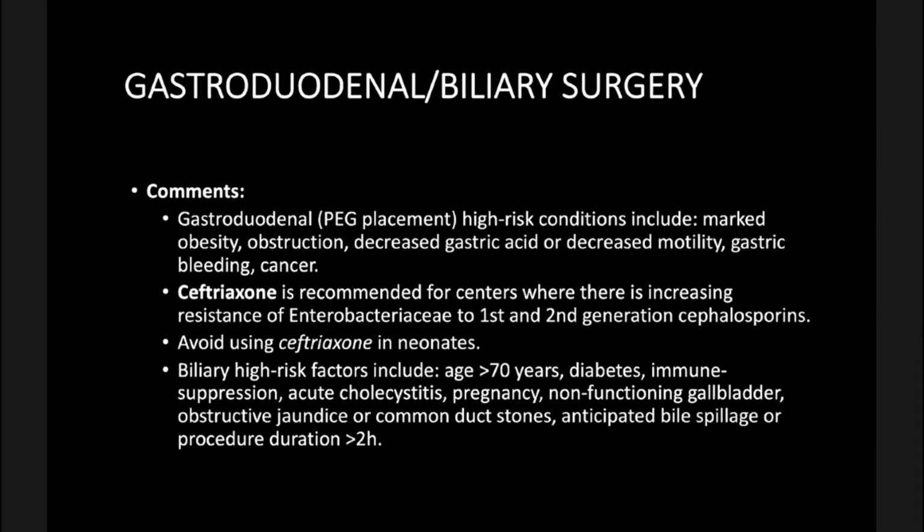Avoid using ceftriaxone in neonates because of the toxicity as well. Biliary high-risk factors, as I've mentioned earlier: elderly, diabetes, immune suppression, patients with evidence of acute cholecystitis, such as your Murphy sign and thickened wall, pregnancy, non-functioning gallbladder, patients with jaundice or common duct stones, they're considered high risk